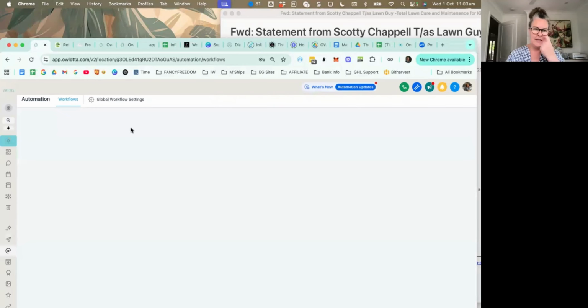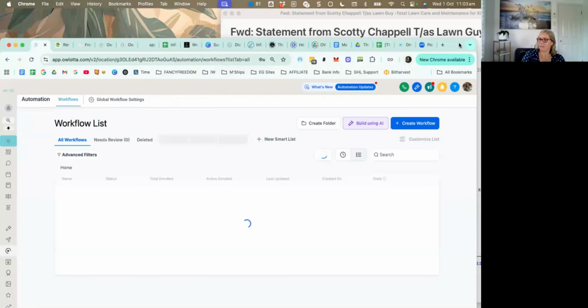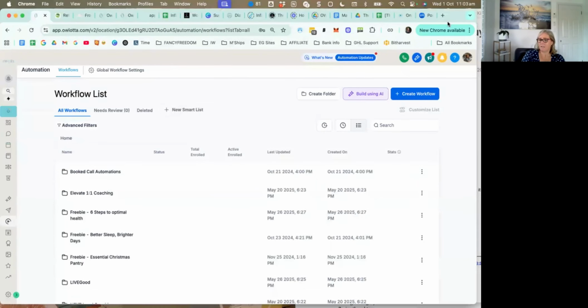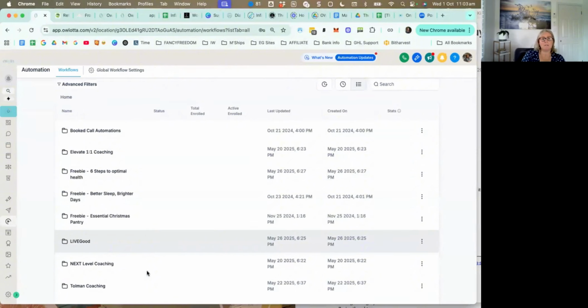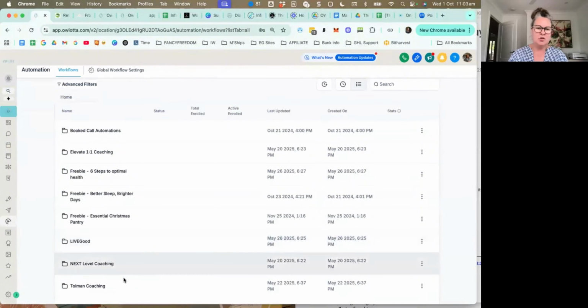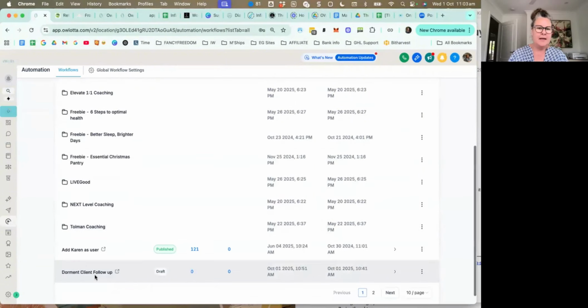if you do that task, we go back to the workflow. Wasn't my task just to create that trigger link that you just did? No, your task was to go into the email and link the trigger link to the email. Yeah, change that. Oh, yeah. Okay, so the dormant client